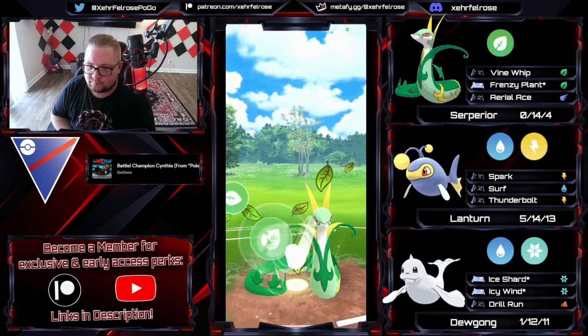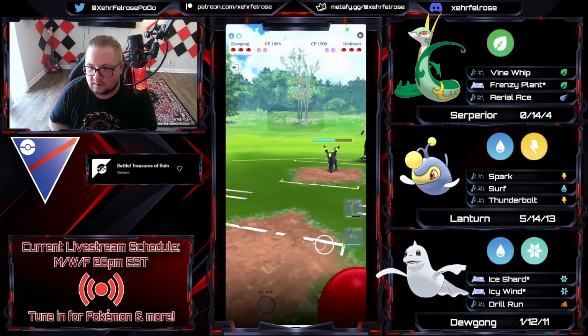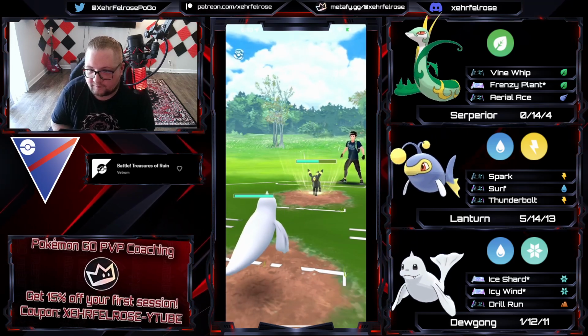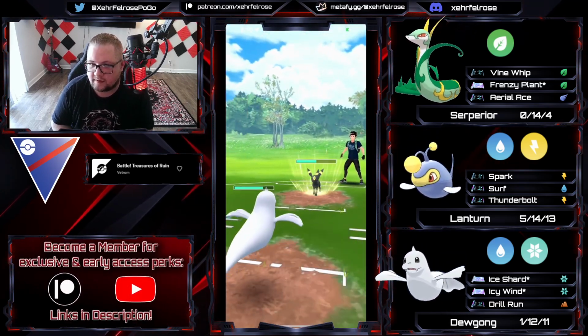I can throw a Frenzy Plant and get some chip damage, and then honestly, Dugong makes this matchup miserable for an opposing Umbreon. So I'm going to catch the Foul Play here after getting some more energy, and then go for Icy Wind here. And honestly, just throw Icy Wind. I mean, this is going to basically make my opponent